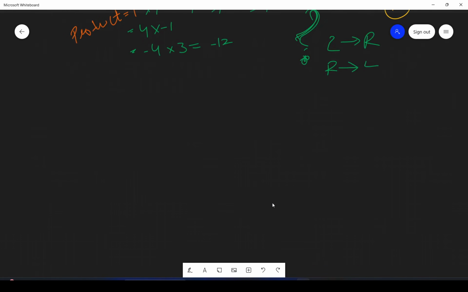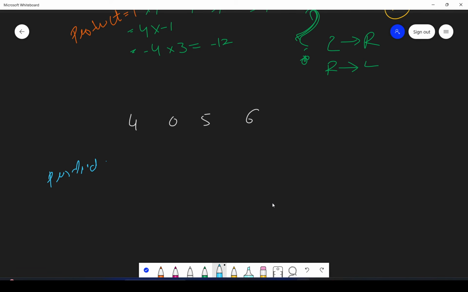It might happen that because of this negative, you may encounter a more value product. Okay. Let's take one more test case. Let's say you have 4, 0, 5, 6. So now here see, let's say your product is 1 and answer is initially 0.